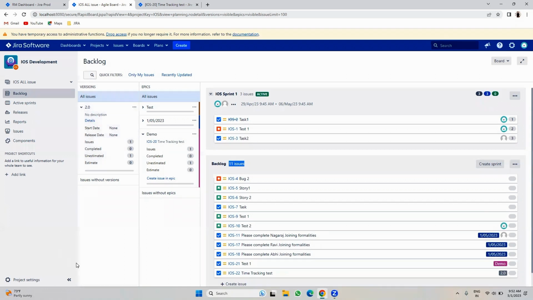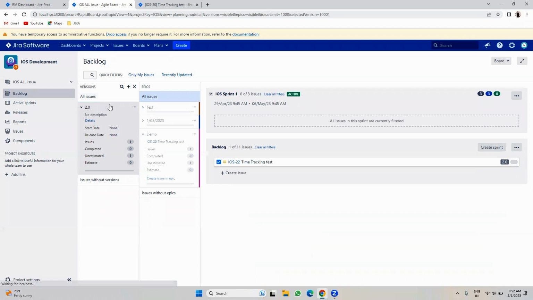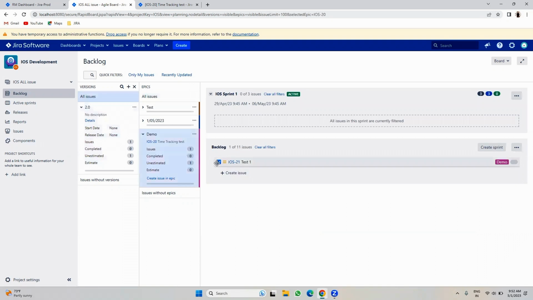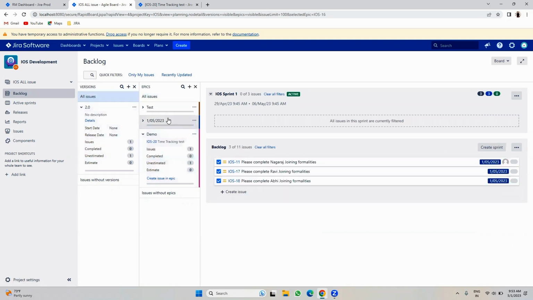If I click on 2.0, only 2.0 tickets will come. If I click on the demo ticket, only the demo ticket will appear. If I click on 1/5/2023, I can see only the 1/5/2023 tickets,